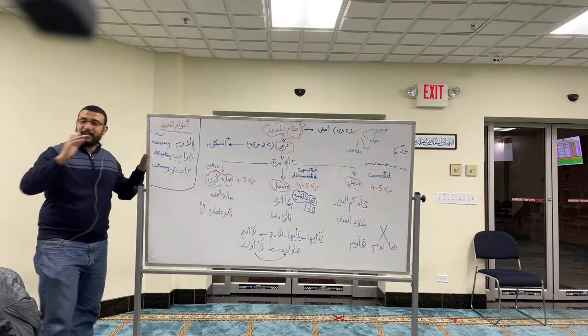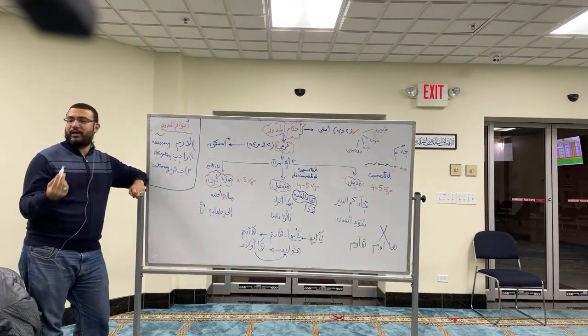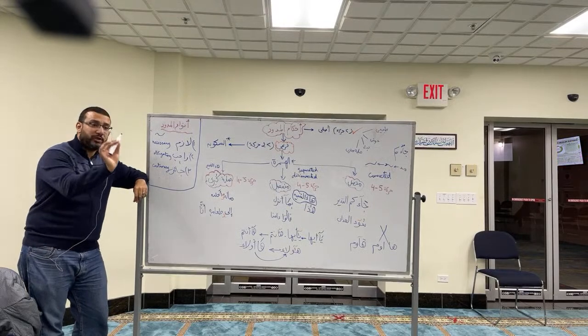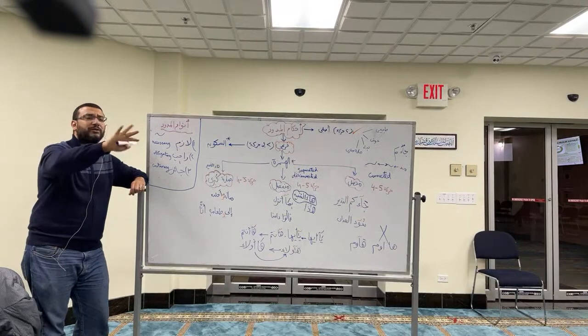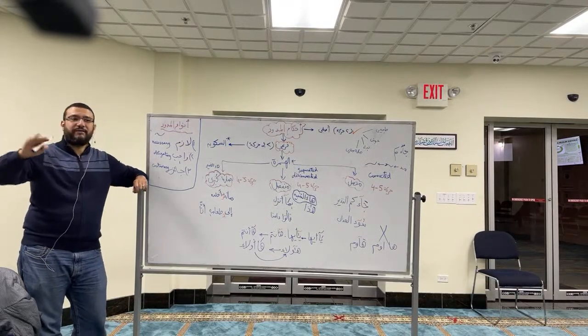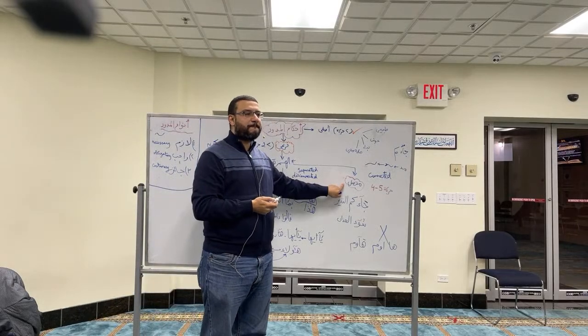The second type is called wajib, obligatory. What does wajib or obligatory mean? It means you have to do it. All the qurra have agreed on it, but they differed on how long you do it. Is it 4 haraka or 5 haraka? A bit less. The simplest example is al-mad al-muttasil.